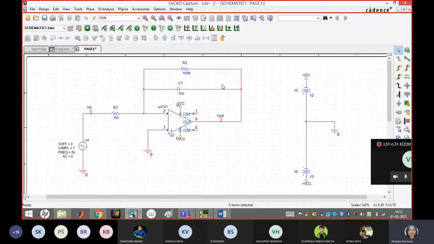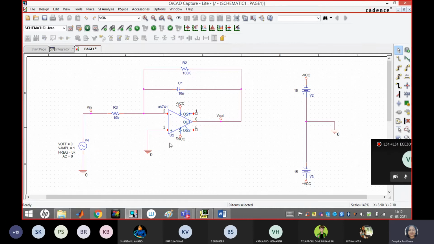Exactly, the theoretical circuit has been implemented here with the RF as R2 and R1 as R3, and the input source is given here, and with the frequency of 5 kHz I have taken. You may take 1 kHz also. I have taken the value and name is CV amplitude. I have not taken any V, just one. Frequency is 5K, means 5K only. Okay. So let's see.